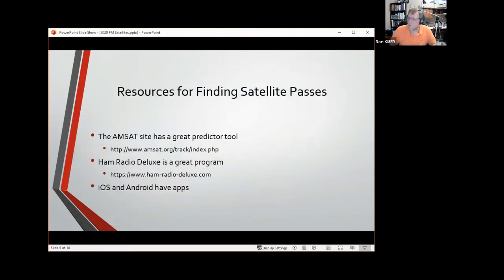Okay, now we're going to get into how to find some of this stuff yourself, because you'll have a lot of resources just on this presentation alone after I fix that last slide to understand what's going on as the satellites go across and how they work. But for example, AMSAT has a great predictor tool, and Ham Radio Deluxe is also a very good program for using